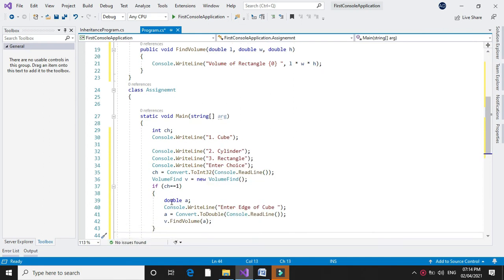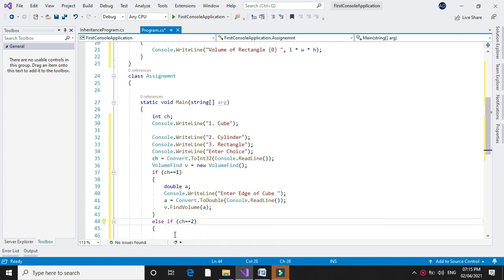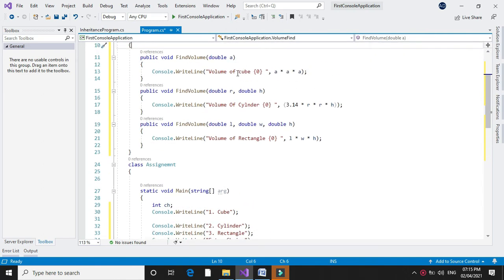Next we will check if ch equal to 2. If ch equal to 2, we are going to calculate the volume for cylinder, and for finding the cylinder we need two variables, radius and height.